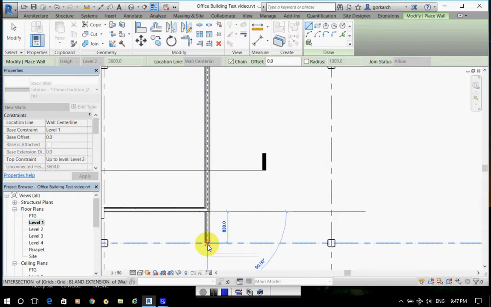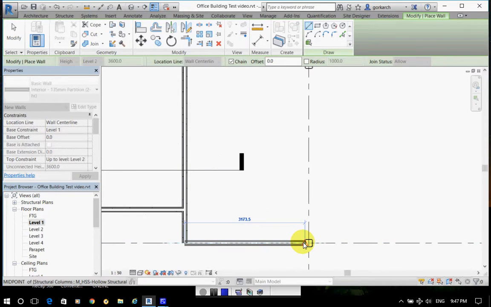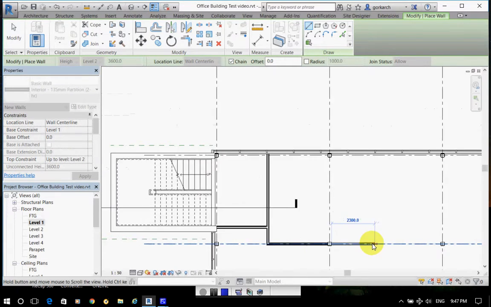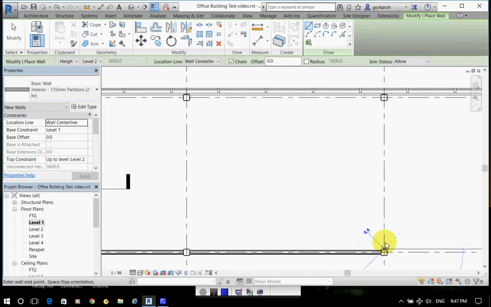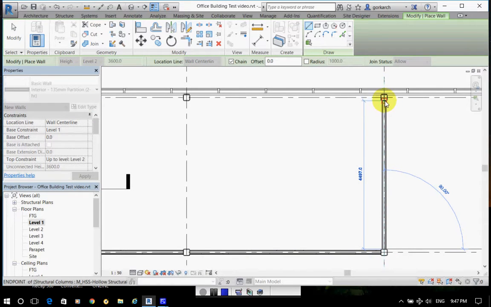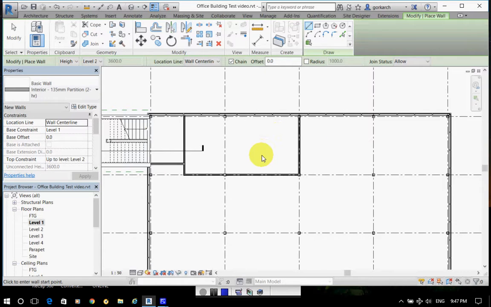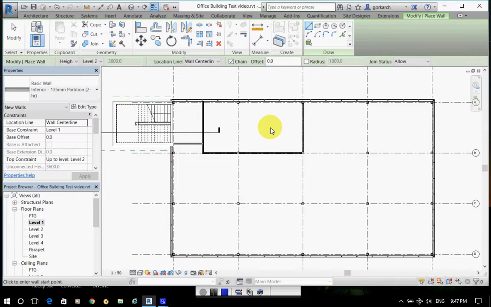I'll go on grid line, select column, restart on the other side, and restart on this side. So that would be my entrance vestibule to the building, and I would like to create some reception area and